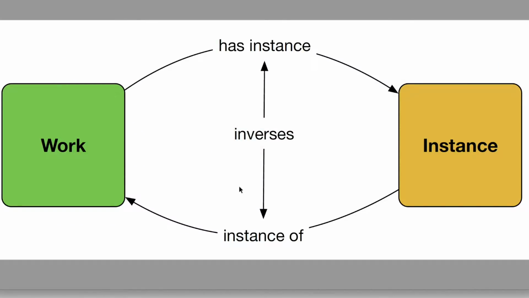As you can see in the diagram, the has instance property directly links the work to the instance. So the object of the statement is the instance itself. Note for later that has instance has an inverse property, instance of, which links the instance to the work in the other direction. Going back to the page,